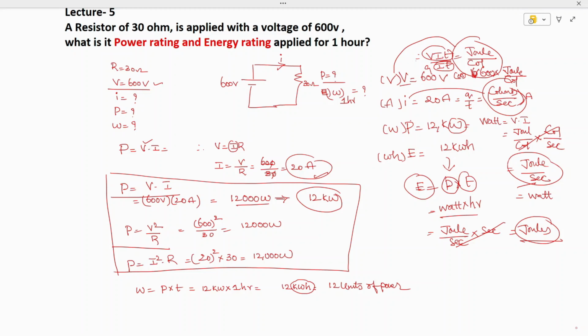You can see here VIT, so IT gets cancelled. Current is coulomb by second. Power is joule per second. Why? Because joule means VIT, and what I require is VIT divided by the time, and that gives us the value of VI. So this is how we are able to solve the problem, and we got clarity on how to represent voltage,